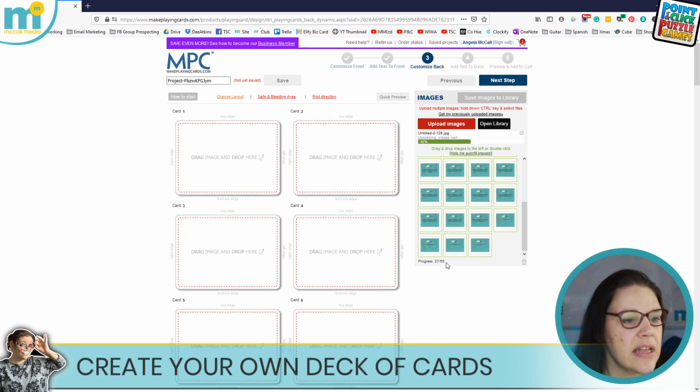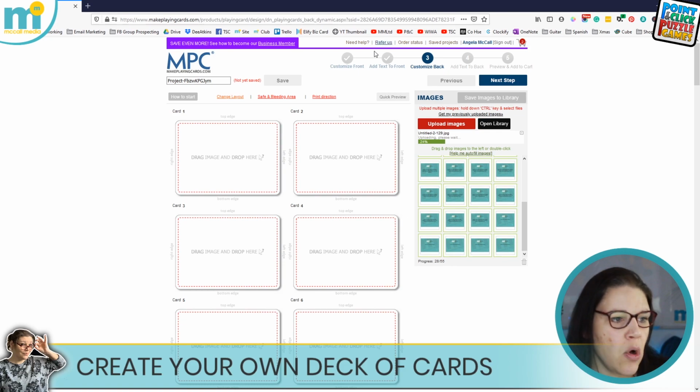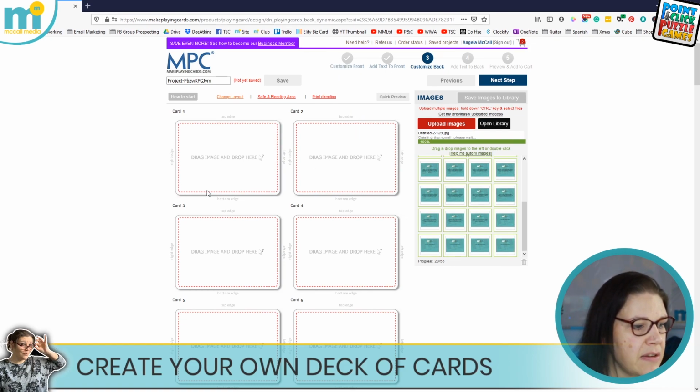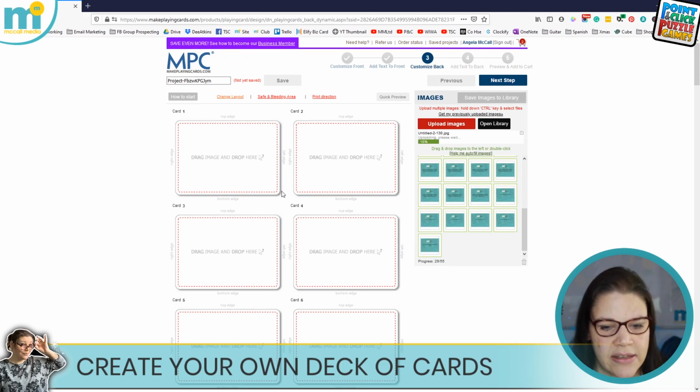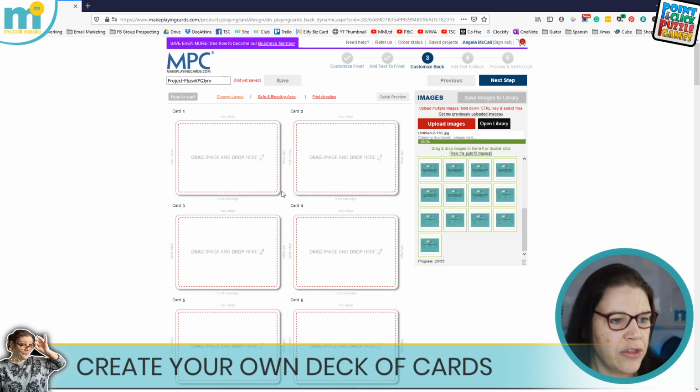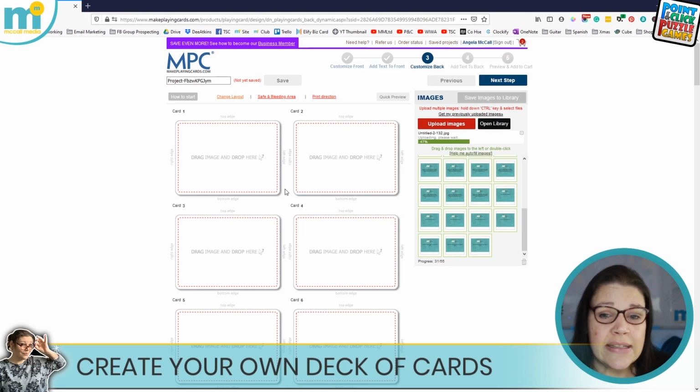Whilst that's still uploading, I just thought I'd point out, obviously you've got the outline of the card itself, but this little red dotted line, and it was the same on step 1 when we uploaded the front of the image, this is your safety zone. So when you're setting up your InDesign file, something I probably didn't mention and should have done is, when you're taking that width, whatever it is, like 1122 or something, that is literally edge to edge, and then you've got to allow the 3mm bleed area for where they're going to cut the cards